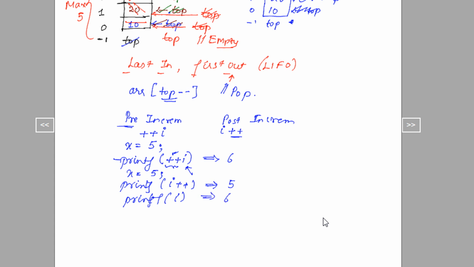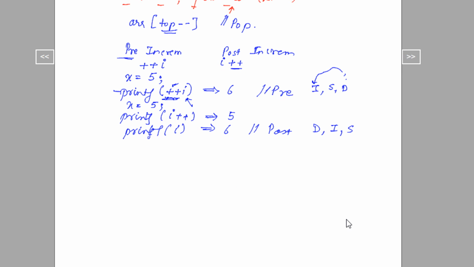So what happens in pre and post increment? In pre increment, the addition is done previously and it is stored in the variable and then it is displayed. So you increment, store and display. What happens in post increment? You basically display, then increment and then store, right? So basically this comes to this position like a circle.